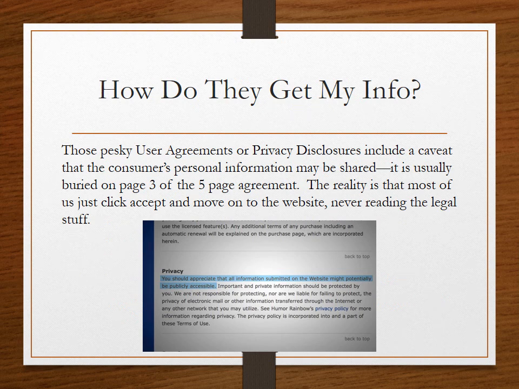So how do they get your information? Those pesky user agreements or privacy disclosures usually include a caveat that the consumer's personal information may be shared. It is usually buried on page 3 of the 5-page document, and the reality is that most of us just click accept and move on to the website, never reading the legal stuff. So this is a